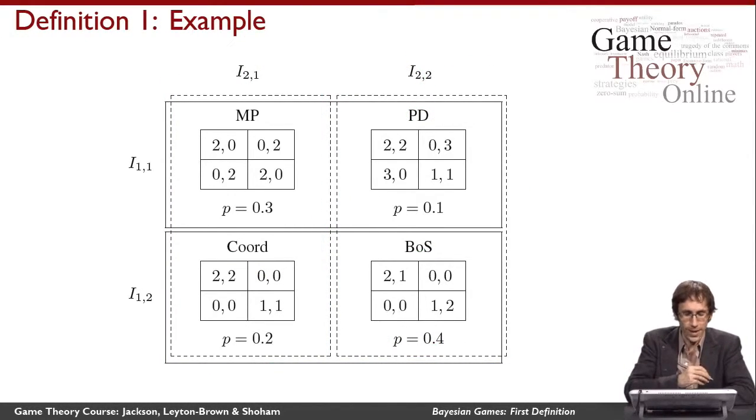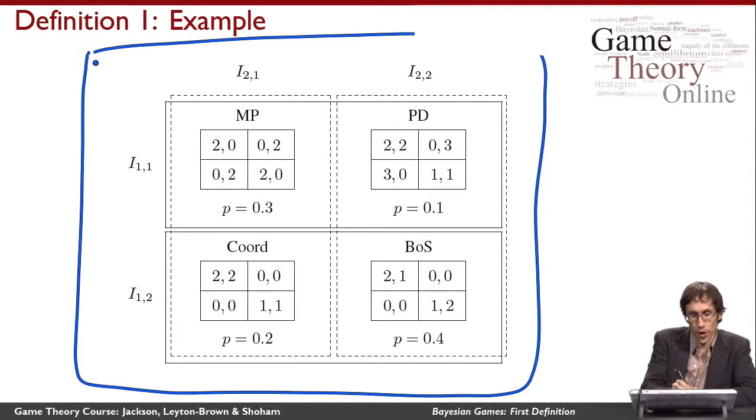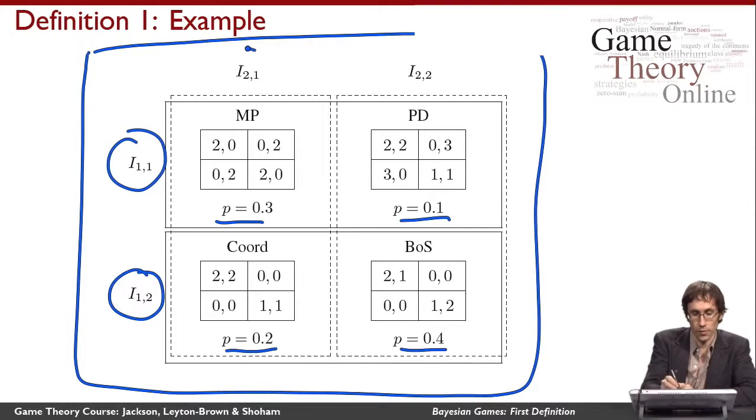And what this means is that when the players are deciding what action to take, they're going to have to play an action without fully knowing what game is going to be played. And they're going to have to reason about what their opponent is doing without fully knowing what the opponent is going to think. They do know everything about this setting. So this whole picture is something that the players know. They know the common prior, they know their own equivalence classes, and they know their opponent's equivalence classes.